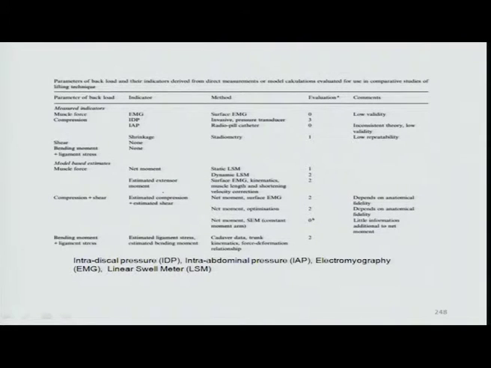So, this is a parameter of the back load, and their indicators are derived from direct measurements or sometimes model calculations, evaluated for use in comparative studies of both lifting techniques, that is the squat technique as well as the stoop technique. Some measurements are possible through measuring the IDP, which is the intradiscal pressure in the spinal area, or the intra-abdominal pressure, this is in the abdominal muscles. Then there are electromyography plots and linear swell meters. These are different techniques for measuring